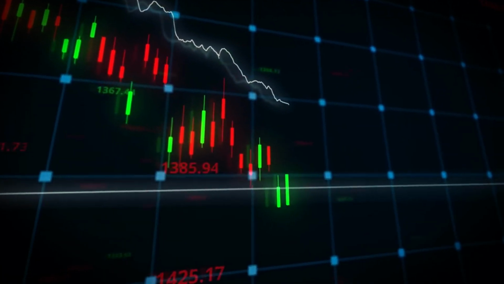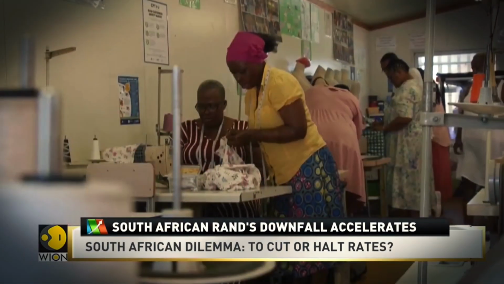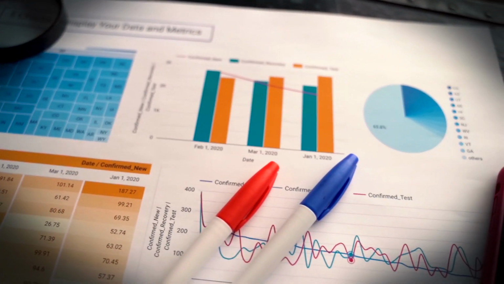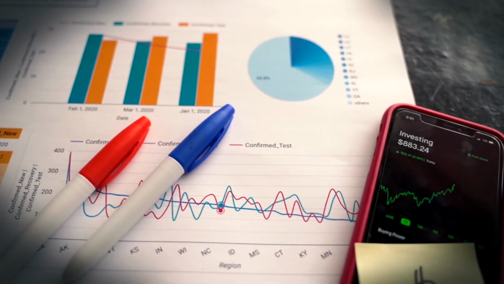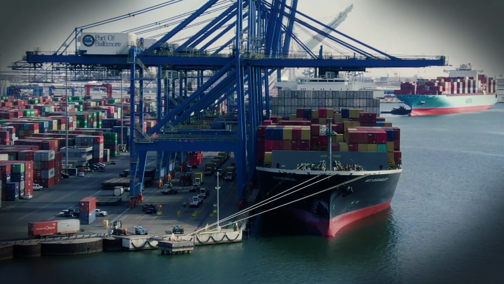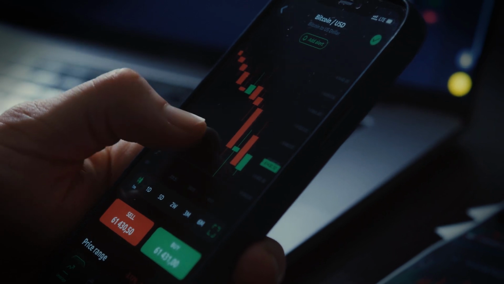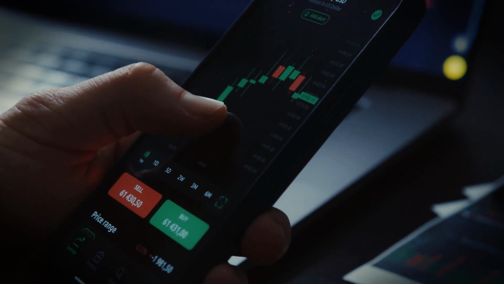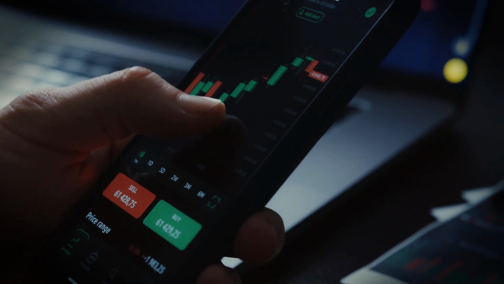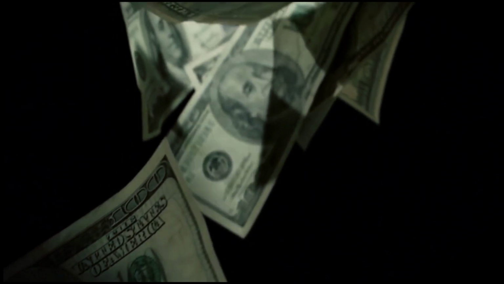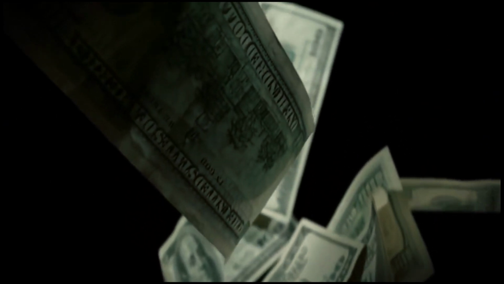The persistent depreciation of the South African rand has drawn considerable attention due to its multifaceted impact on the socio-economic landscape. The implications of a weakened currency for South Africa are subject to debate. While some argue it has advantages such as potentially boosting exports, there are notable drawbacks. A weaker currency tends to fuel inflation and heighten volatility. Increased volatility can be disruptive for businesses, impacting stability. The bottom line here is that a weaker rand has a tangible impact on everyone, making us feel economically less well off. This effect is particularly pronounced for the less affluent, as soaring inflation leads to higher interest rates, further affecting those with limited financial resources.